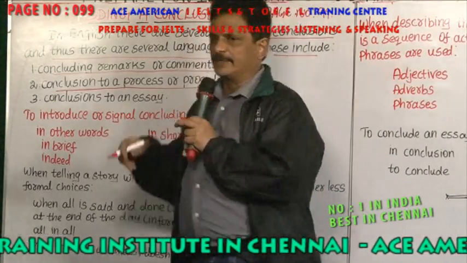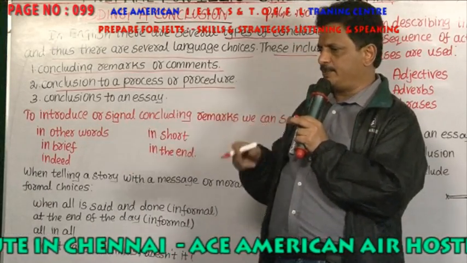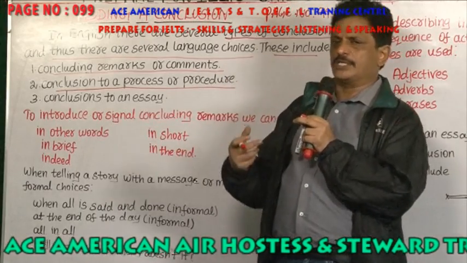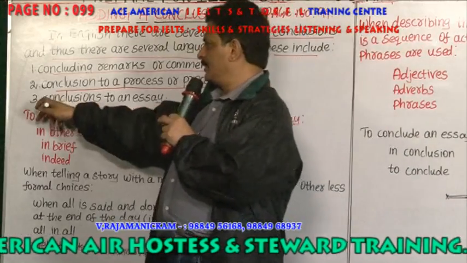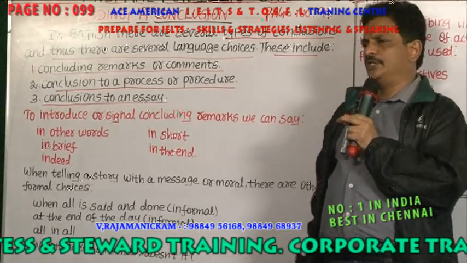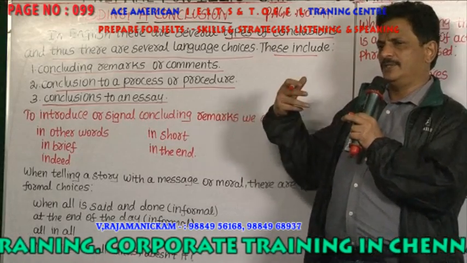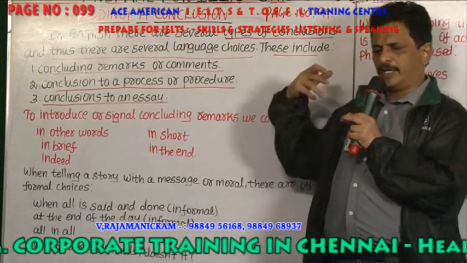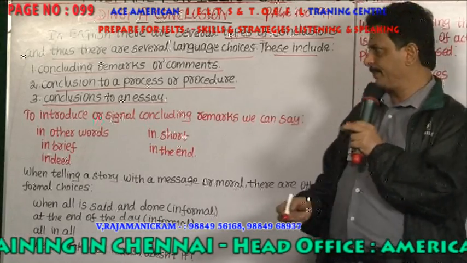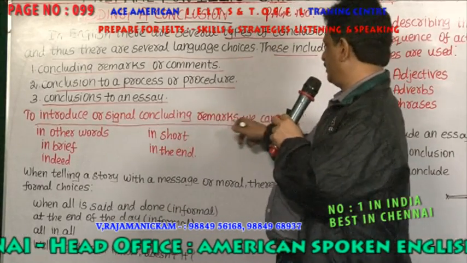See, the first type of conclusion is remarking or commenting before ending your speech. Second is giving a conclusion for a procedure or a process. Third is the conclusion to an essay. So there are 3 types of conclusion: a remark or comment, a conclusion for a process, and a conclusion for an essay. To introduce or signal concluding remarks, we can say,